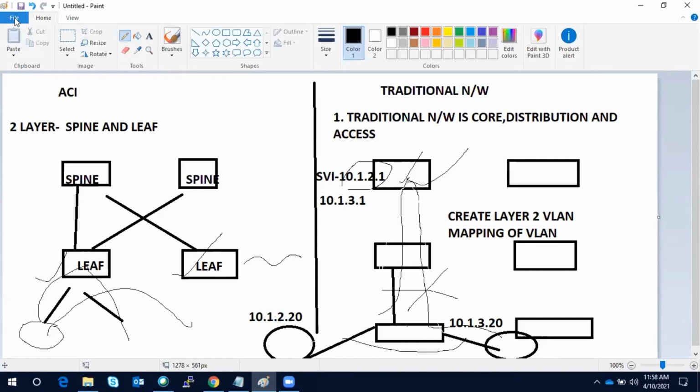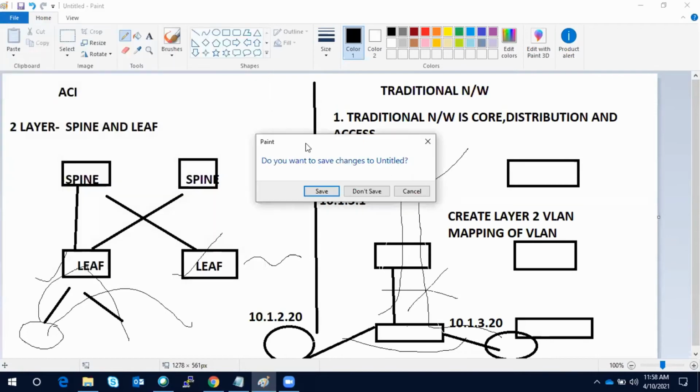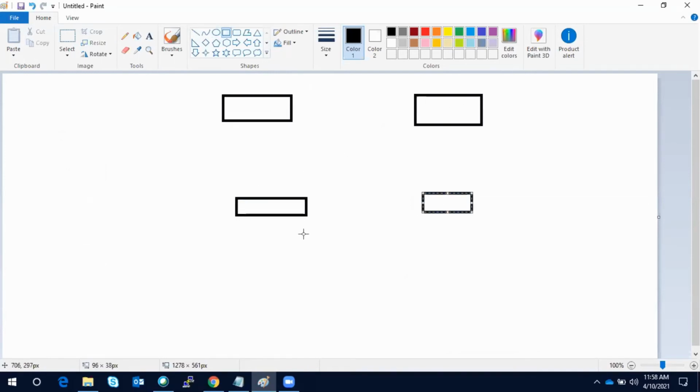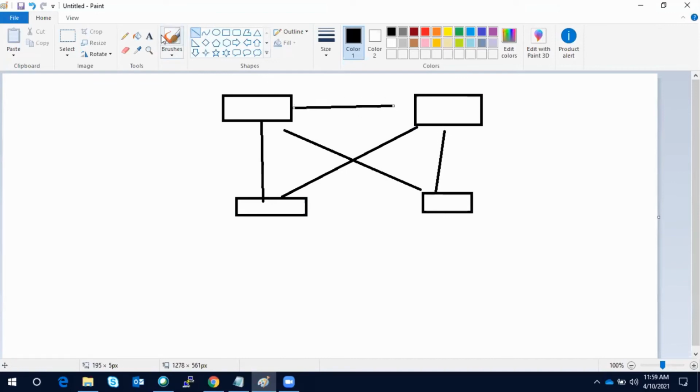Second thing is, let's forget about three tier. Let's say in our network we have only two tier in the traditional networking. Okay, so this is our physical connectivity, and this is your connectivity, and maybe you have configured a vPC peer link and all.